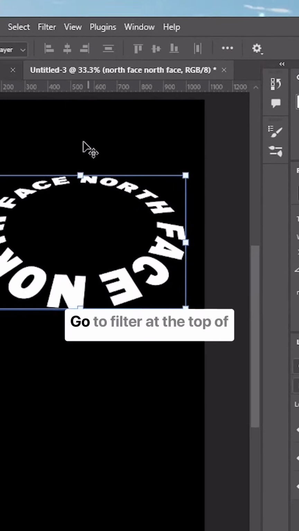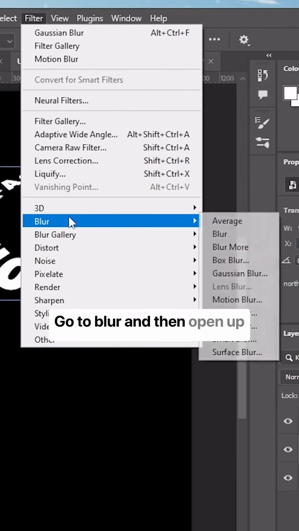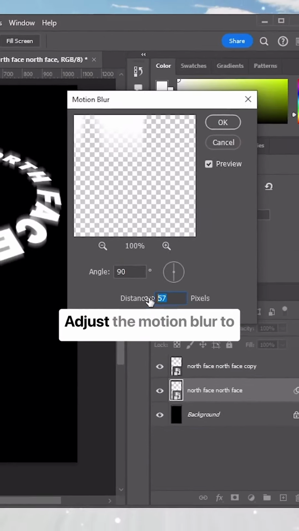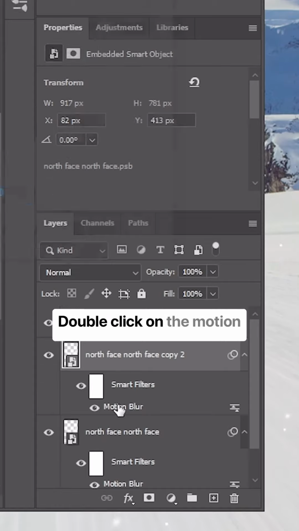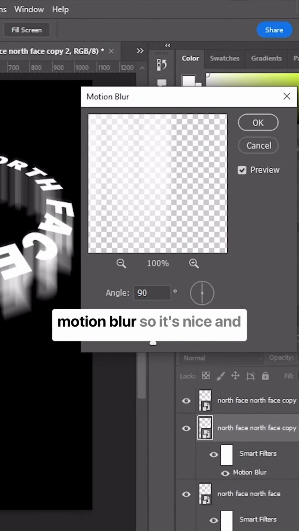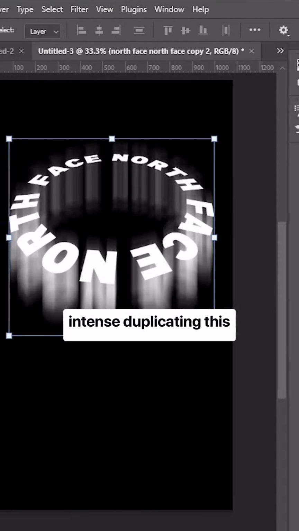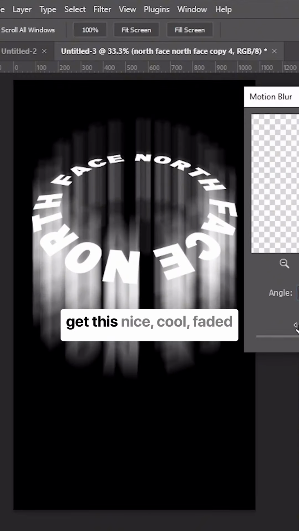Select the bottom layer, go to filter at the top of the page, go to blur, and then open up the motion blur settings. Adjust the motion blur to 200. Now all we have to do is just duplicate this layer, double click on the motion blur, and then increase our motion blur so it's nice and intense, duplicating this layer over and over until we get this nice cool